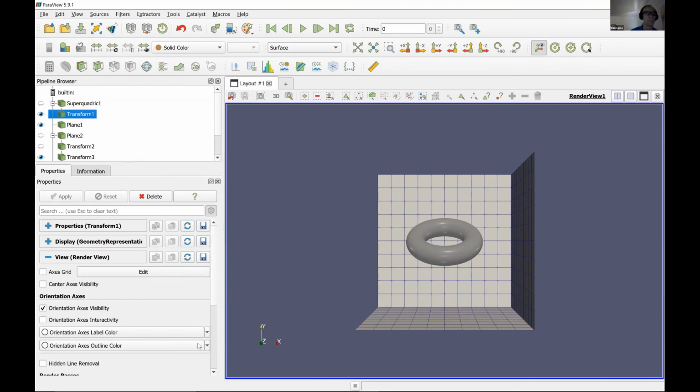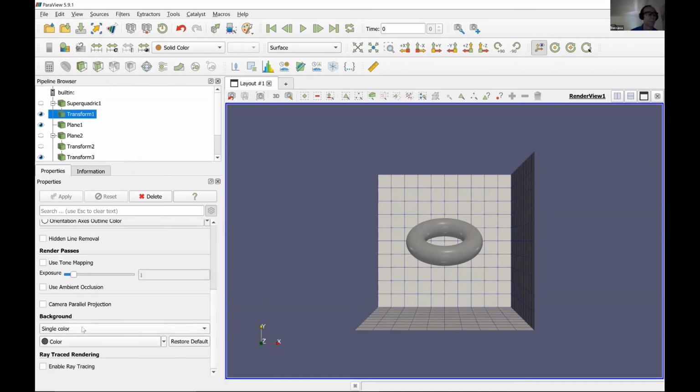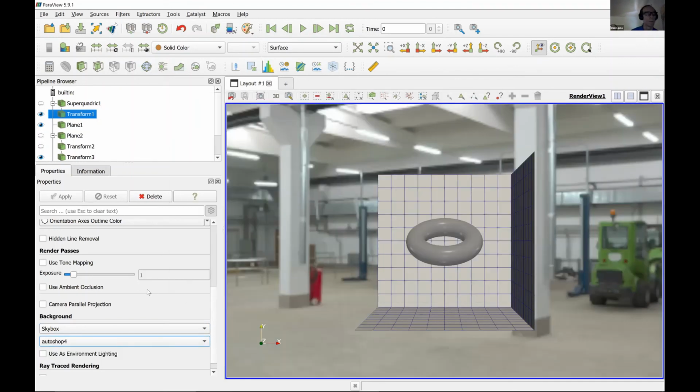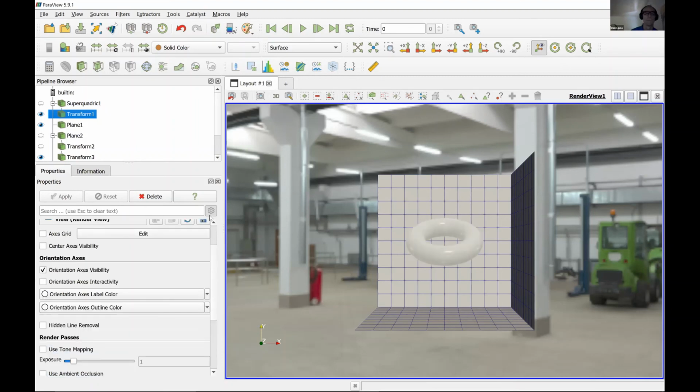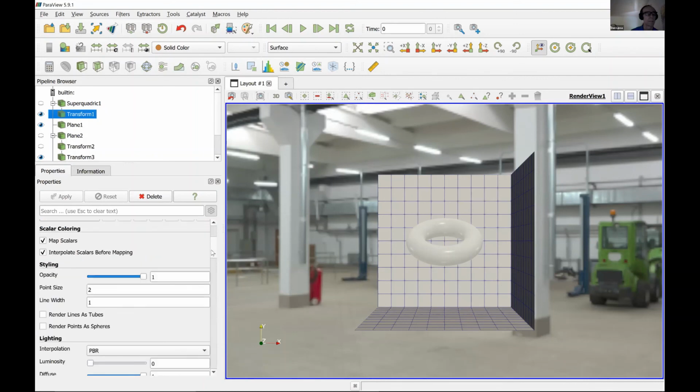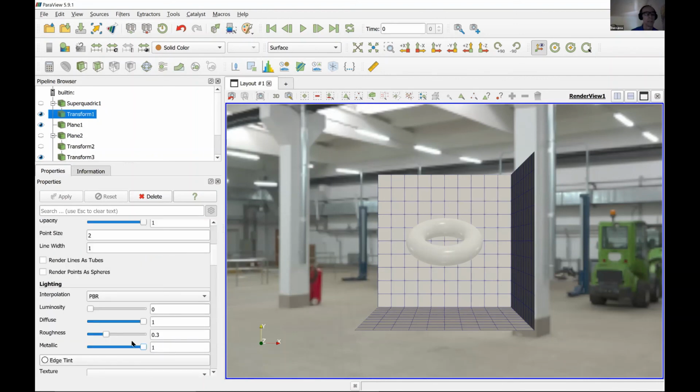So this is a skybox. Load this. And then use as environment lighting. Okay. So let's set the properties. Let's make this metallic and then completely shiny. So notice